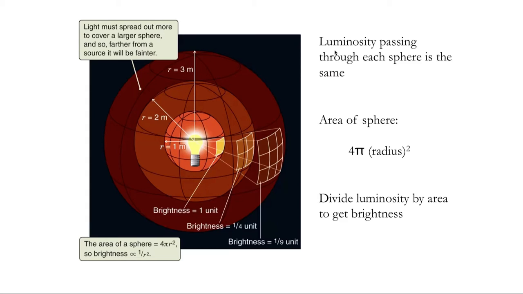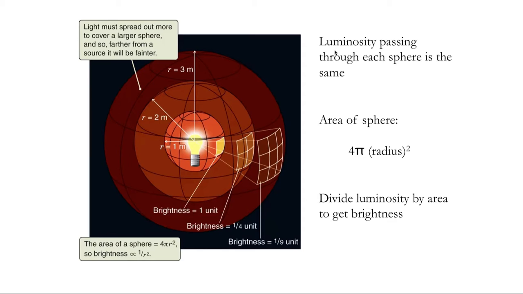And so we can see here, if we have a light bulb at the center, after that light travels a meter, the energy that was generated in that second is spread over a sphere that has a radius of 1 meter. You can see the light that is traveling out in a particular spot might be filling this square. At 2 meters, that same energy is being spread over a sphere whose radius is